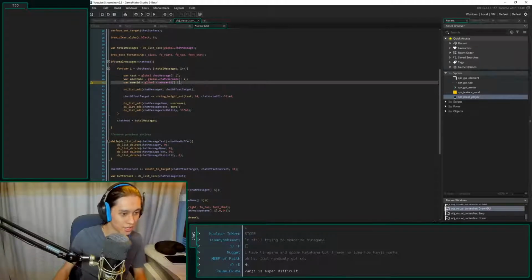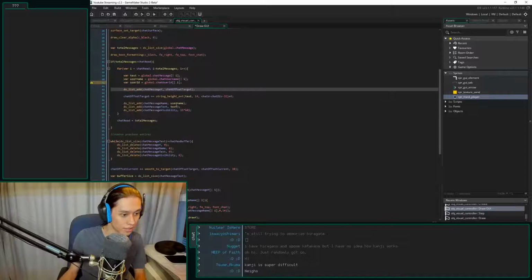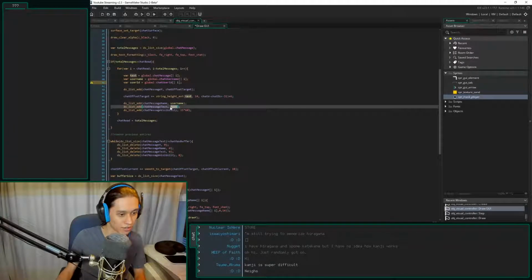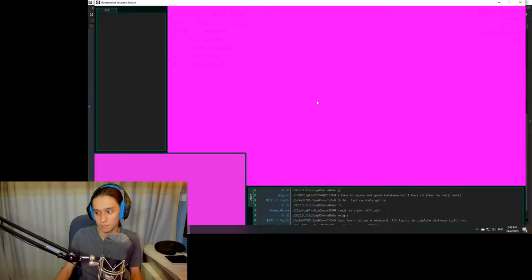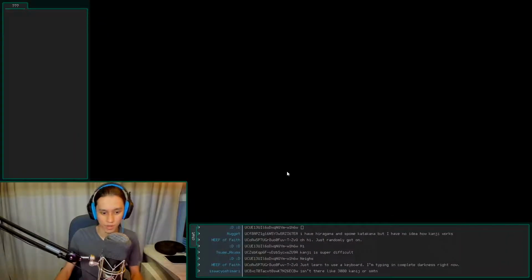Let's see. So that should give me my user ID, which I'm not using. Let's instead replace that. Oops, no, I do not want to do that. I want to do a string of the user ID, because I don't know what it might be. It might possibly already be a string. Something like this. Okay, so then the live chat is probably going to go down for a little bit, and it's going to come back up. And if I do this... okay, so now it worked. It looks like I'm getting all of your user IDs correctly.